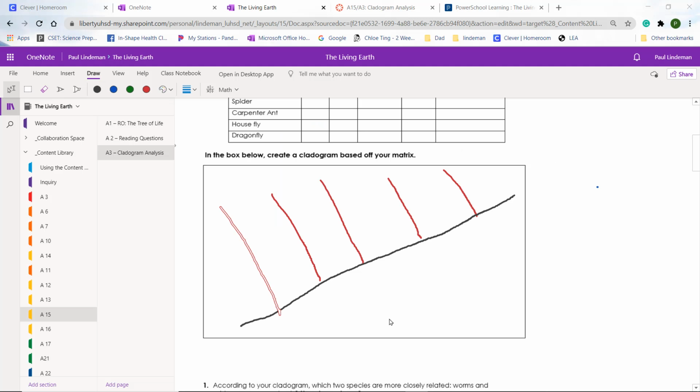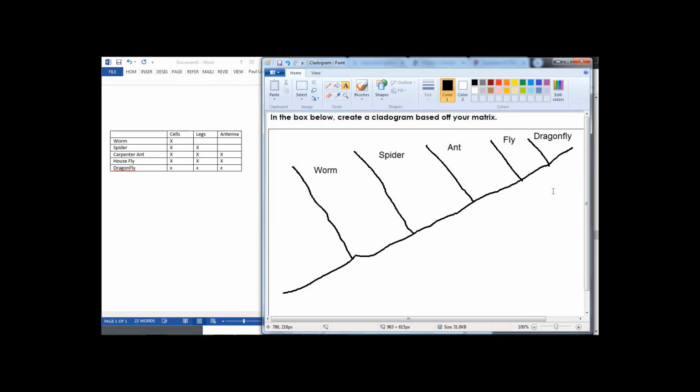So how do I type on this? So I go up to my draw function, click on that, and I click on this text box symbol over here. I go off the page, which is over here, and I make a text box and I pull it in, and then I can type on it. So worm, I can pull it over the right spot, boom, and I can also make this shorter. And then for the next one, I would do the same thing. Click another text box, off the page, come over, pull it in, or if I'm going to need later, I will need to put some down here, so I can pull them down here also. So here is our 5 clades all named out,